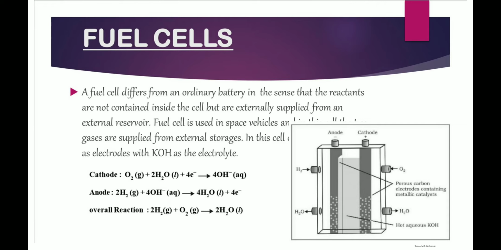The next topic is the fuel cell. Fuel cells are another means by which chemical energy may be converted into electrical energy. The main disadvantage of a primary cell is that it can deliver current for a short period of time. This is due to the fact that the quantity of the oxidizing agent and the reducing agent is limited, but